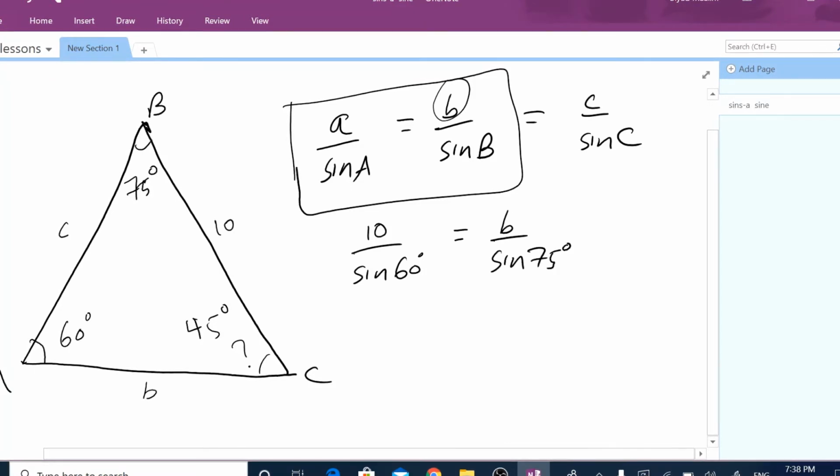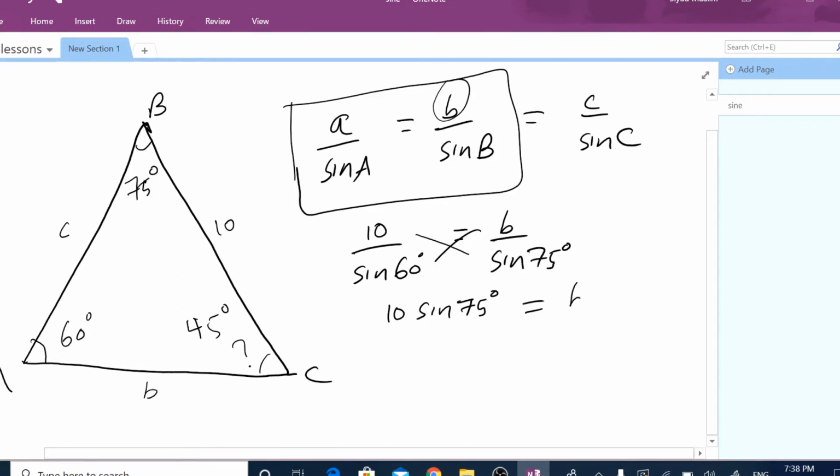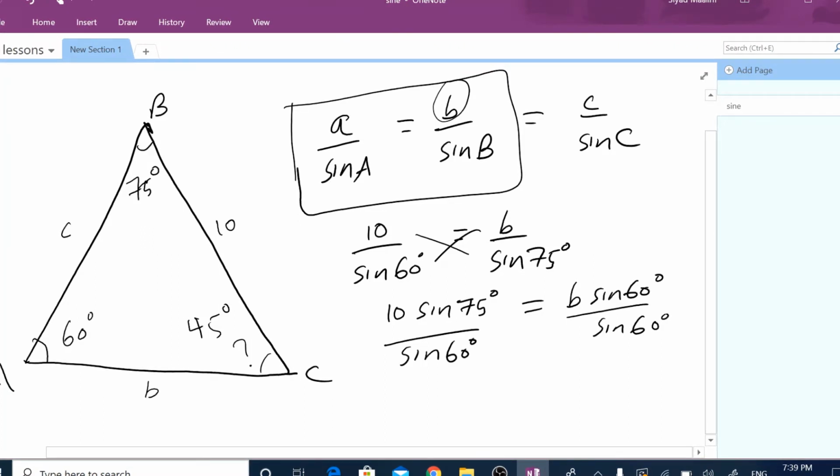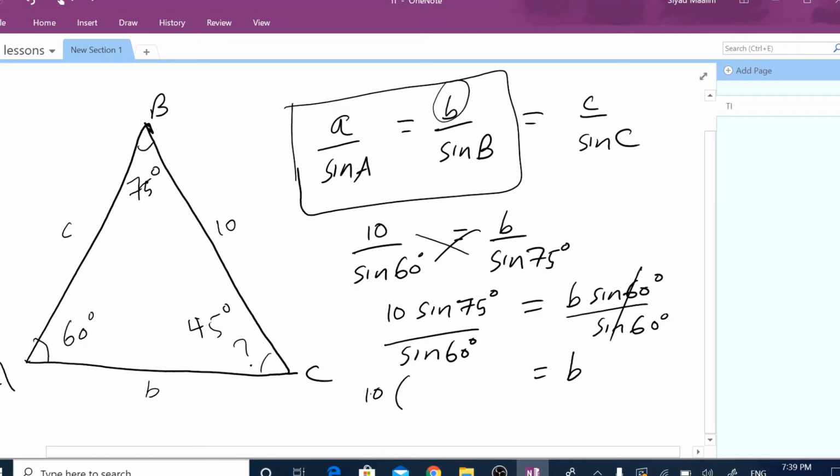Okay, so let's cross multiply. This will give me 10 multiplied by sine 75 degrees is equal to B multiplied by sine 60 degrees. In order to find B, we divide both sides by sine 60 degrees. These two will cancel. Therefore, B is equal to 10 multiplied by sine of 75, so use your calculator to find sine of angle 75. That will be